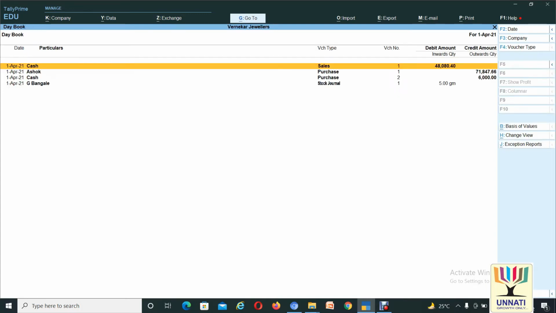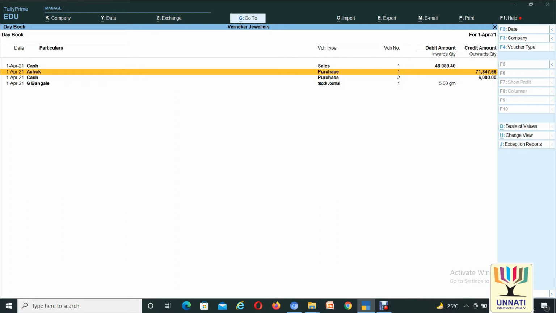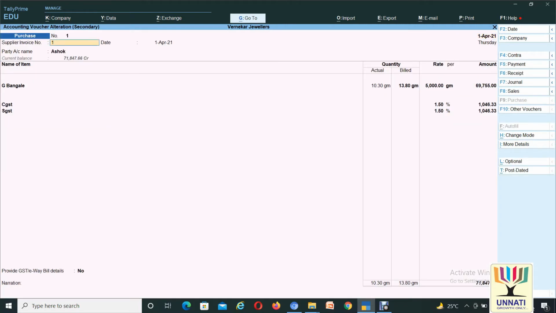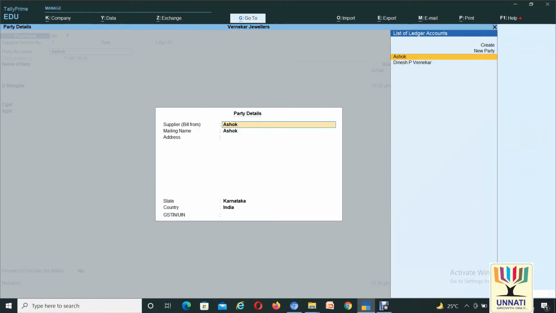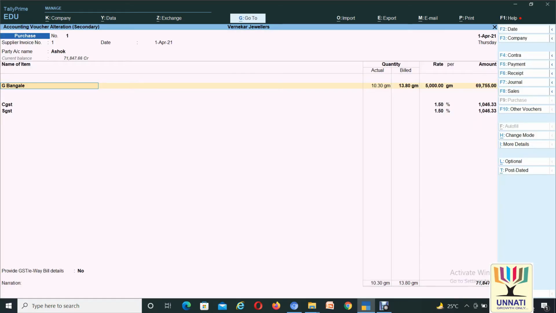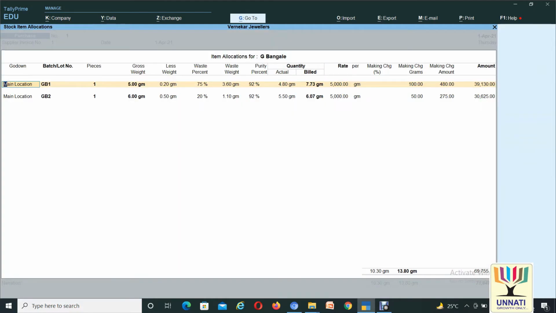Observing a purchase voucher, we have to mention party details, and here is an example: G bangle means gold bangle.